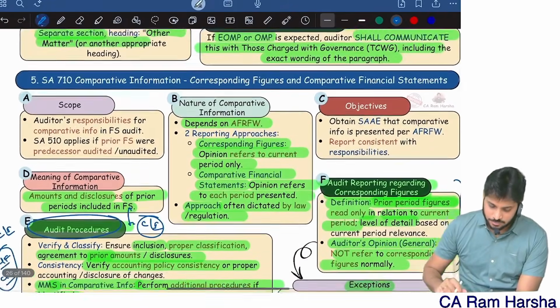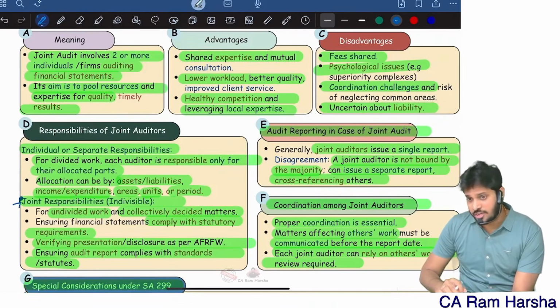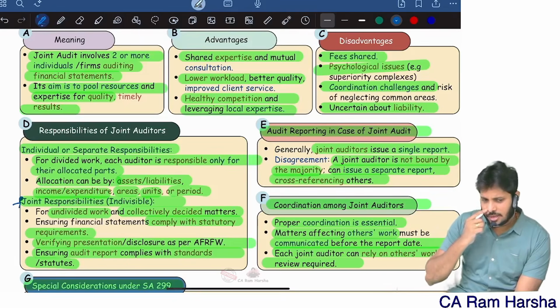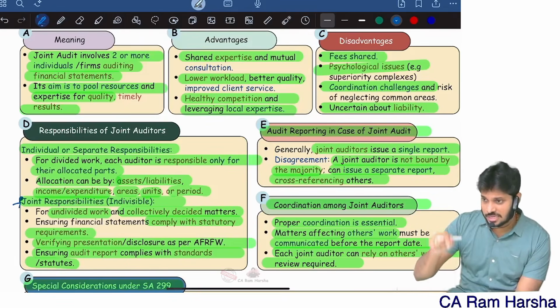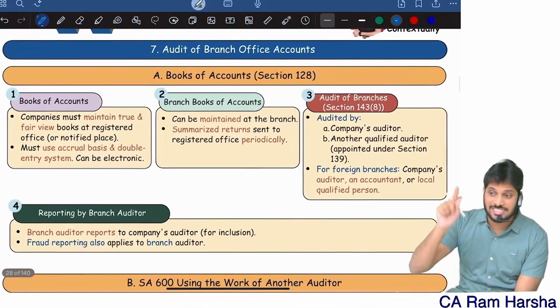Easy. So I have given more in-depth coverage. I think in the main marathon I have not given any discussion. I think 710 I have not covered in the main marathon. I'm not sure. No, covered. Yes, I covered. That's it. So with this, all the reporting standards were completed.